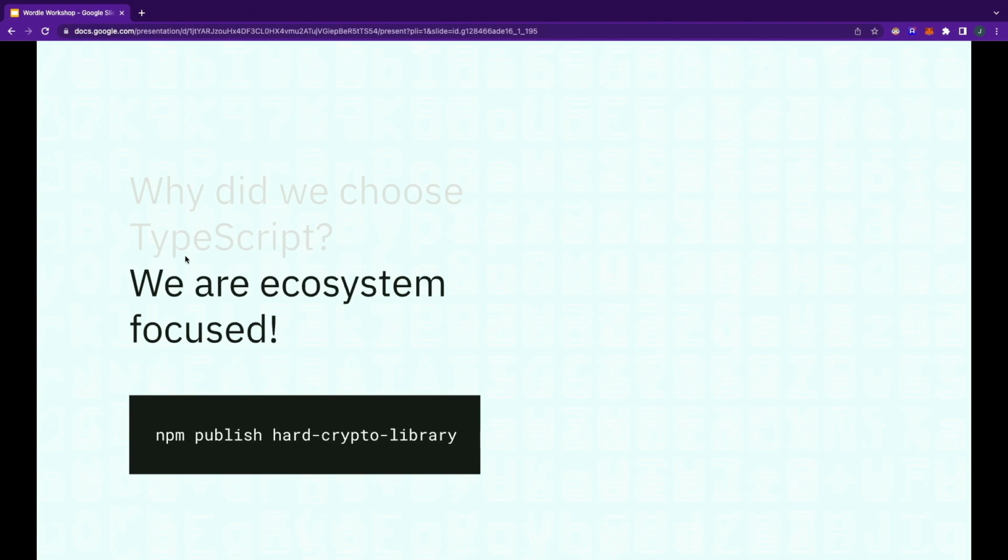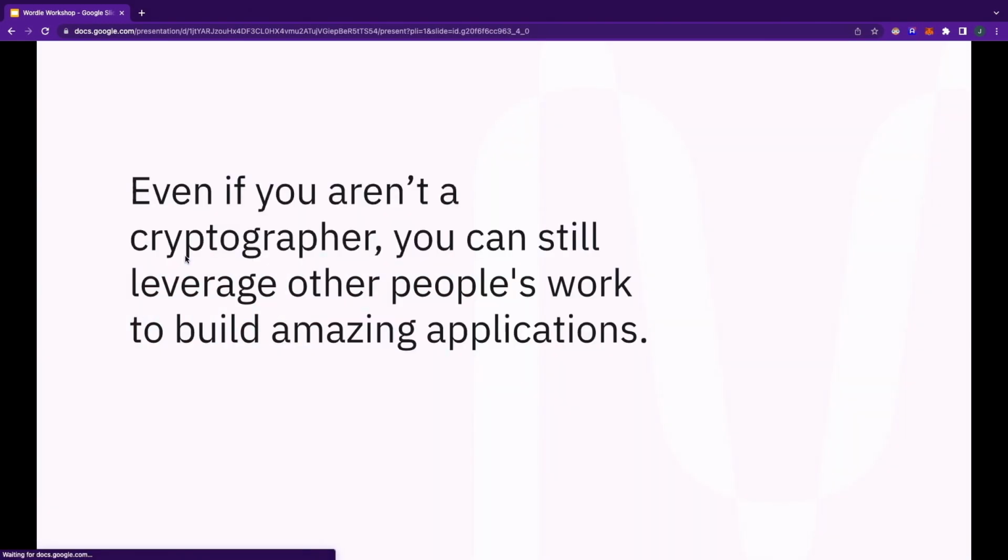So the idea is that if you build user-facing products, you can leverage other people's work to build these amazing applications that do things that you might not know how to do, like some kind of fancy cryptography thing. You might not know how to do threshold signatures or something like that. So you can import people's code and build these types of applications that depend